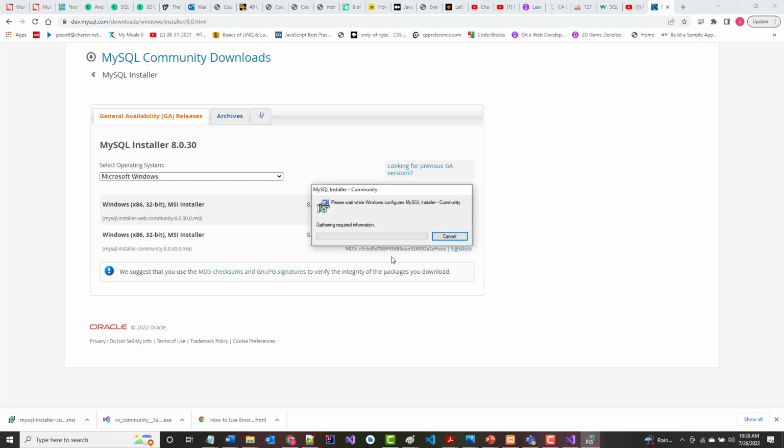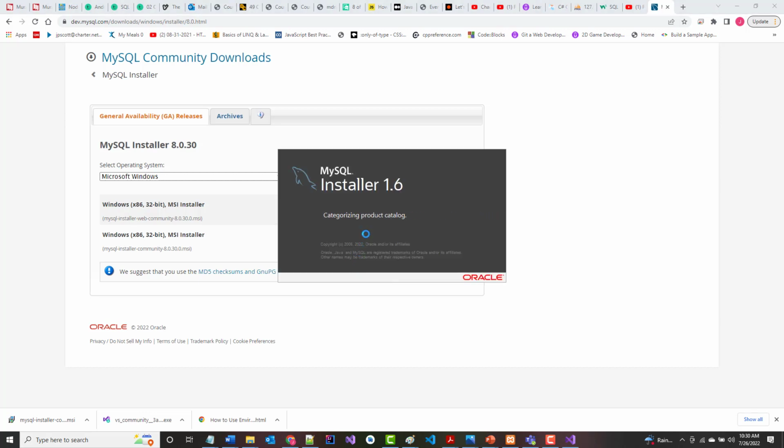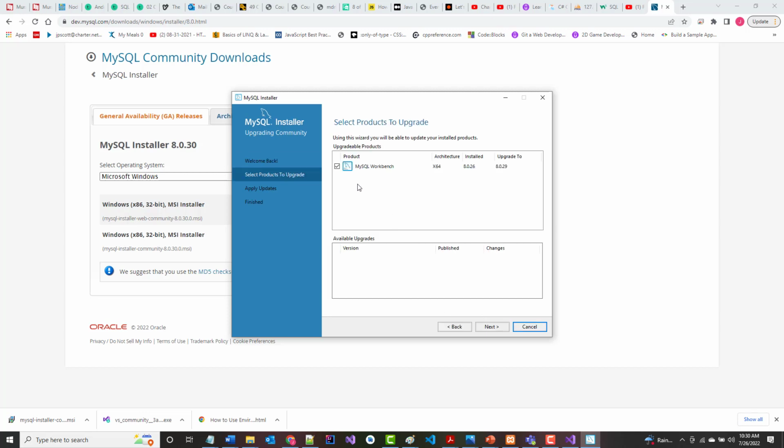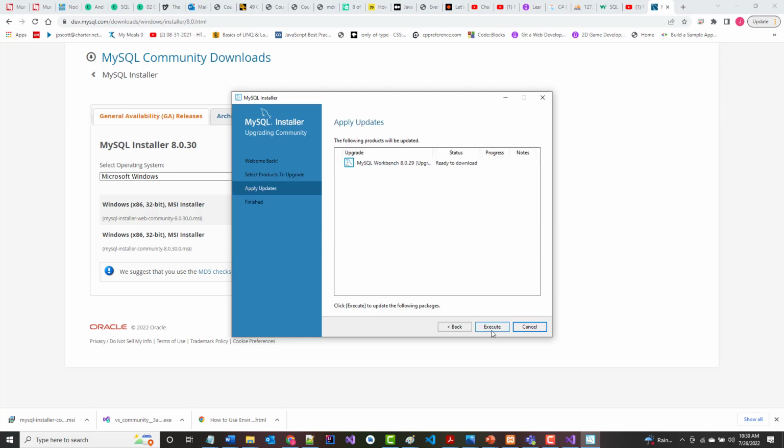All right. All right, next. Now notice products to upgrade. All right, apply updates. I don't know if I really need that. I can do next. This is just a workbench. I can do that. But I'm hoping that when I get done with this, this is not working exactly the way I thought it would, but